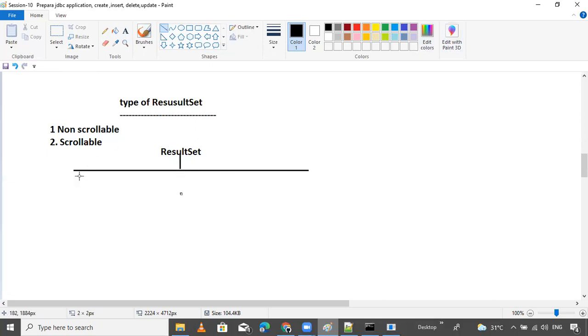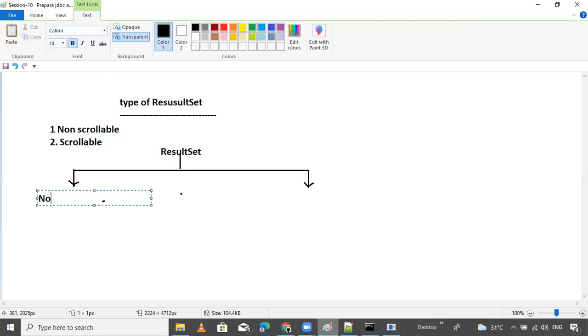The first one is the simple, non-scrollable result set, RS.